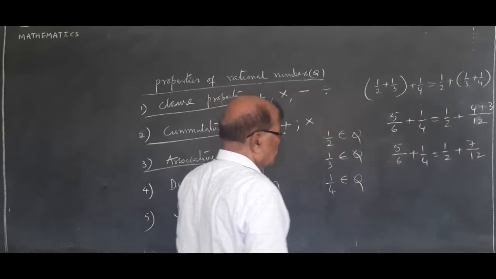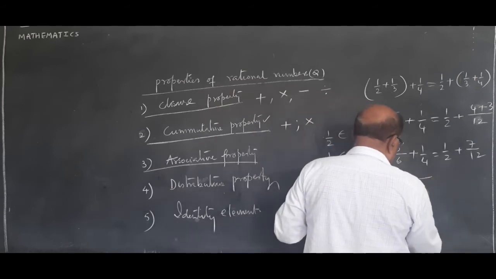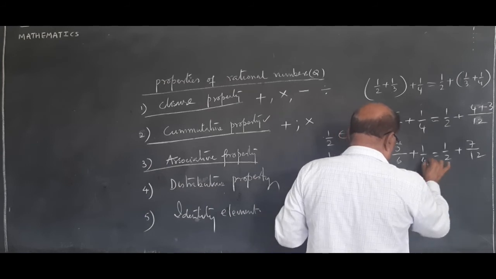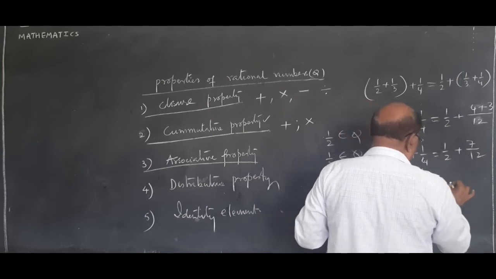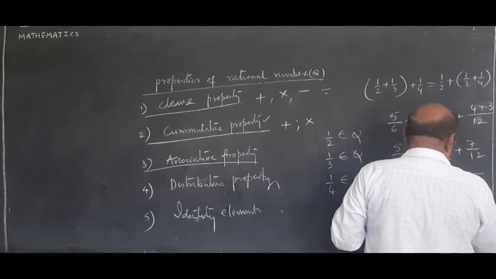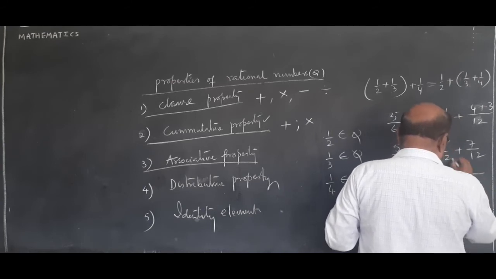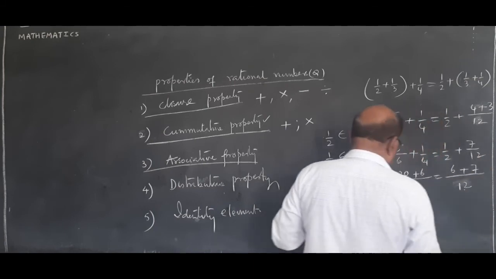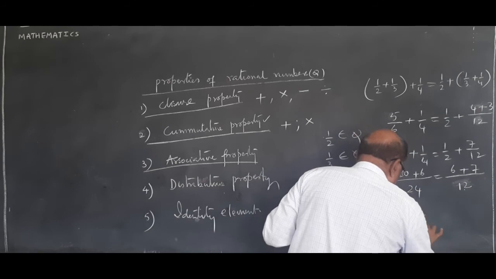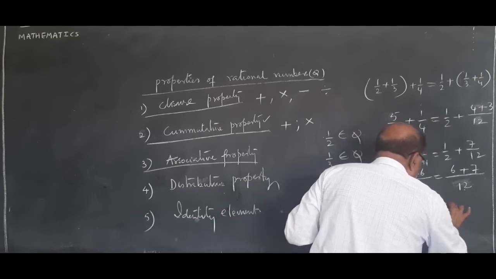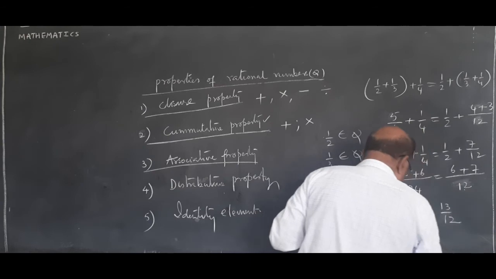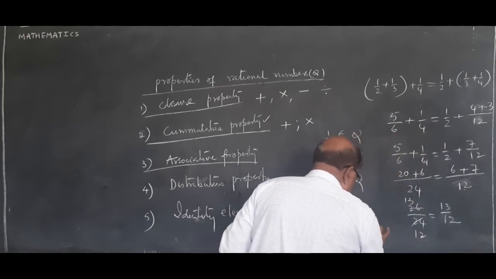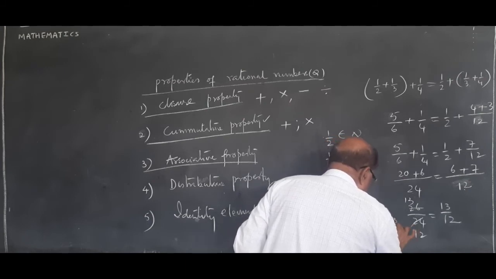7 by 12. So take LCM here. It is 24. 6 4s are 24, 4 5s are 20, 4 6s are 24 plus 6 is equal to 26 by 24, is equal to 13 by 12. It goes in 2 table, 2 12s are 24, 2 13s are 26. So 13 by 12 is equal to 13 by 12.